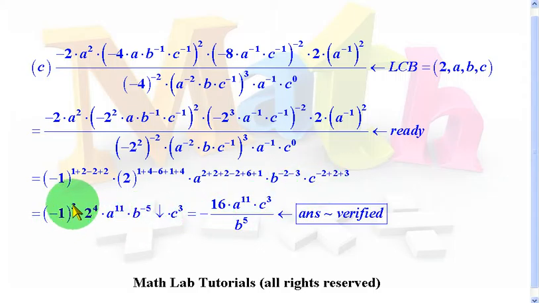Now -1 to the power 3, 3 is odd, so therefore the result is negative. And there's the negative sign right there. And 2 to the power 4 is 16. And then a to the power of 11 goes there. And c to the power 3 goes there. And b to the power -5 gets downshifted, so it appears on the bottom. So the final answer is -16 a to the power of 11 times c to the power 3 all over b to the power 5. And we're done. So this complicated looking expression over here, if you run through the process carefully, you will get